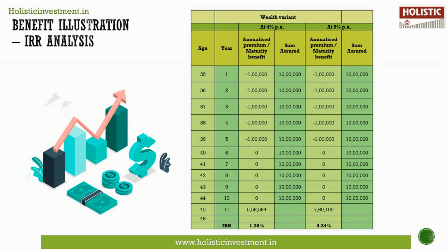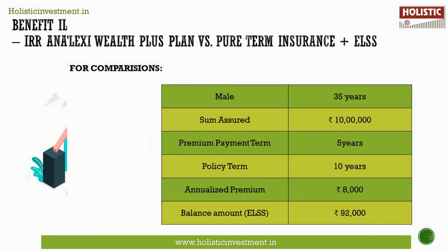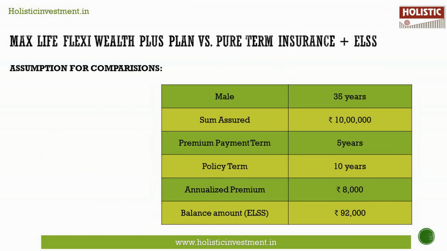So it could be lower than this, or at least a little bit higher than this, but as it's not guaranteed, we can't actually prove that this will beat inflation in the long run. So since this Max Life Flexi Wealth plan is a ULIP plan, it is appropriate to compare it with other market related investment. So let's assume a similar cash flow of annual premium of 1 lakh rupees, and use